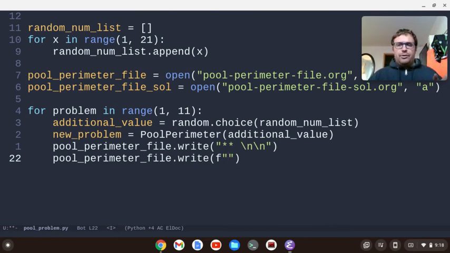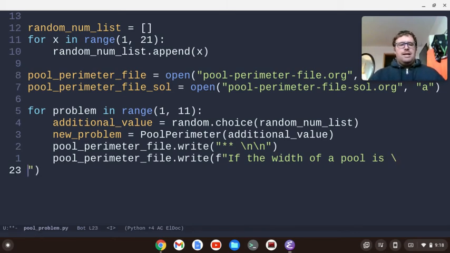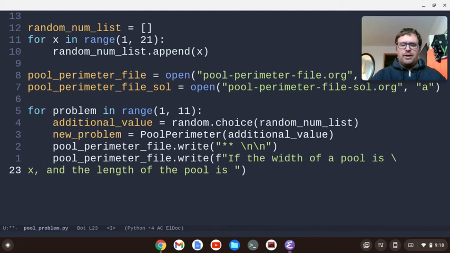So you'd have to do this a different way if you were using Python 2, for instance. But anyways, we're going to use a format string, and what we're going to say is: the width of the pool is x, and I'm just going to use an escape character to bring it down to the next line. The length of the pool is, and now we're going to pass in our variable, which is additional value,